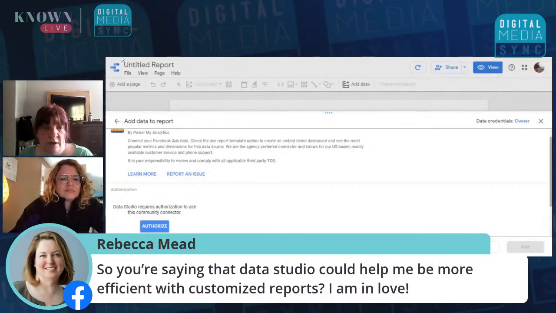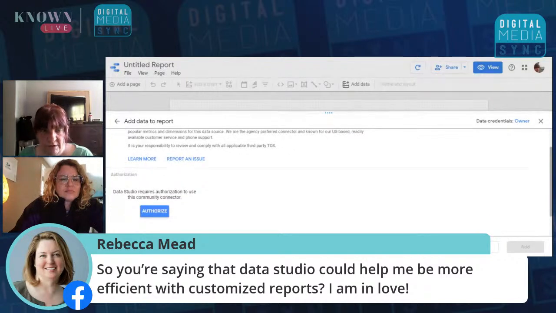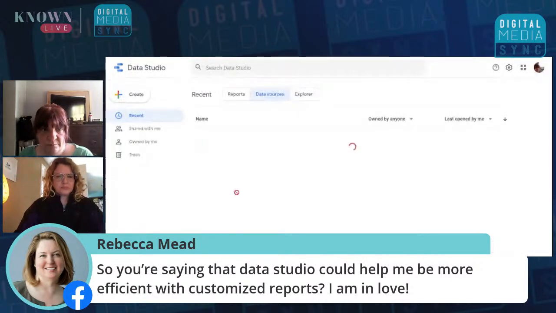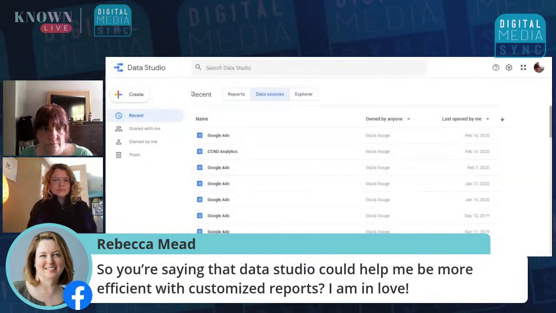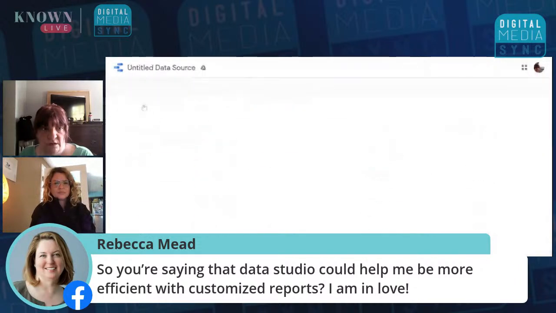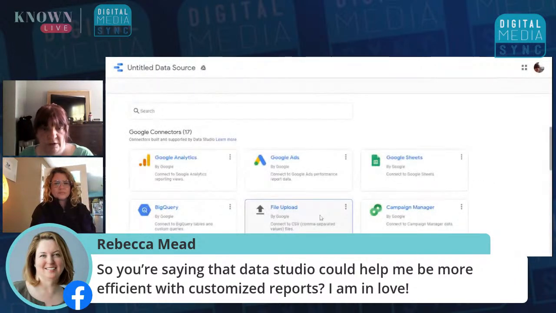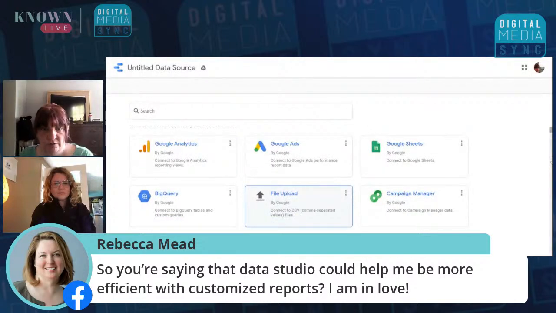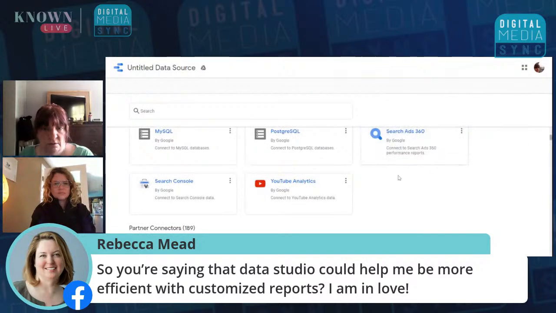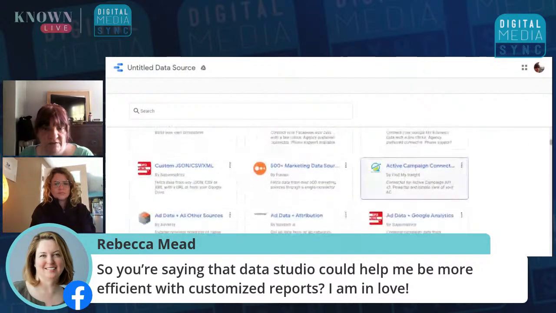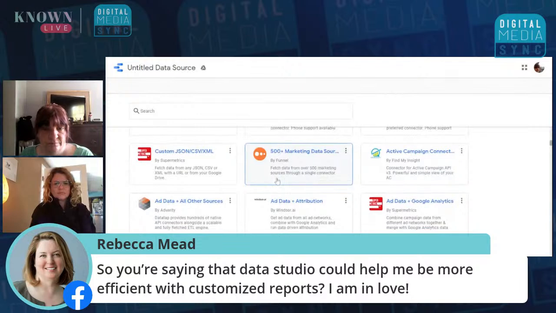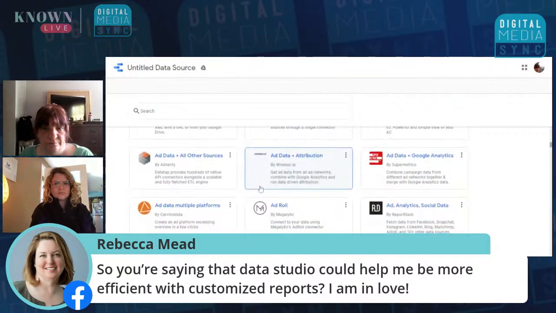So you just authorize if you have that as an option. Oh, and there's a whole new product. It's a data explorer. It's in beta, so I haven't even seen that yet. That's going to be fun.